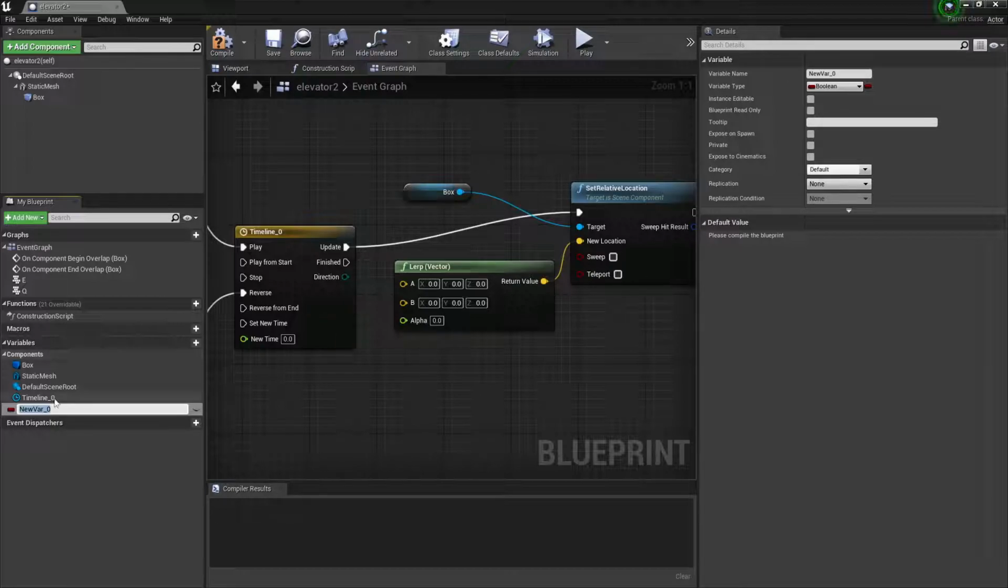Okay, so I made a new variable. This variable needs to be called start